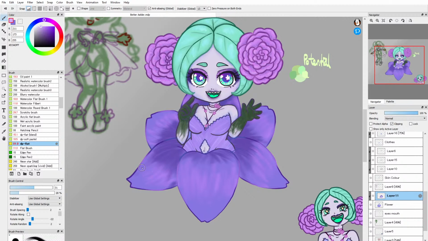Going with a lighter light, just to catch some extra bits. It doesn't have to be all over. And then, again, I'm doing this without references. It is definitely better to do things with references. I'll probably go back in, find a reference of a flower just to see what works better with darker spots,